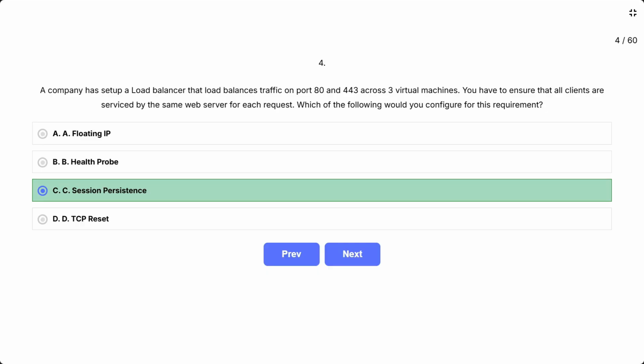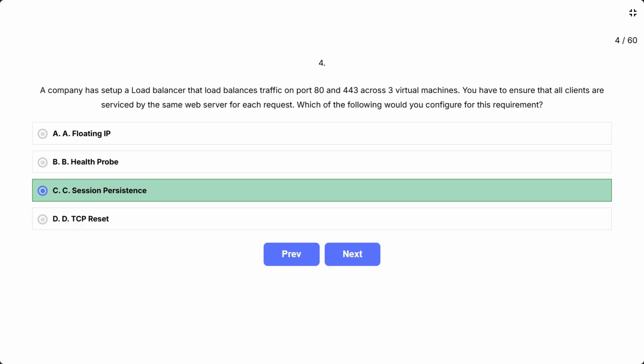The mode uses a two-tuple, that is source IP and destination IP, or a three-tuple, that is source IP, destination IP, and protocol type hash, to map traffic to the available server. By using source IP affinity, connections that are initiated from the same client computer go to the same endpoint.